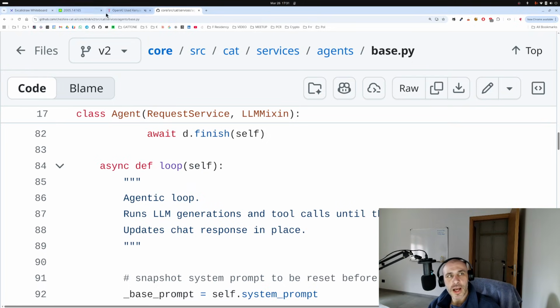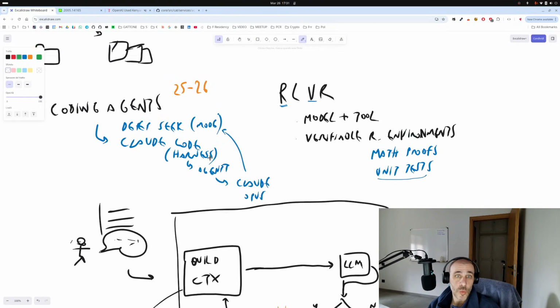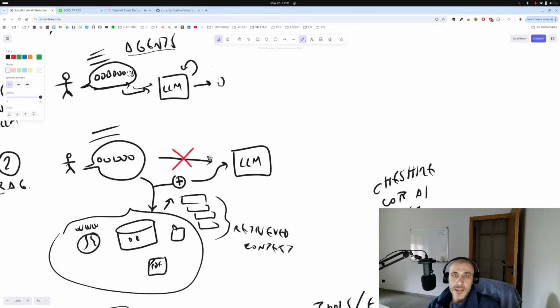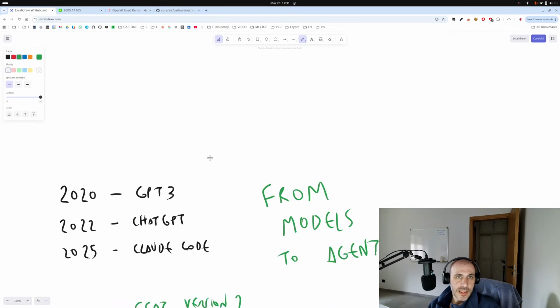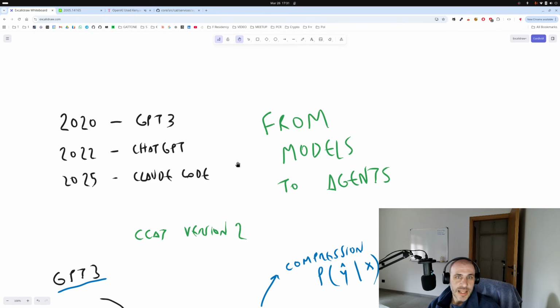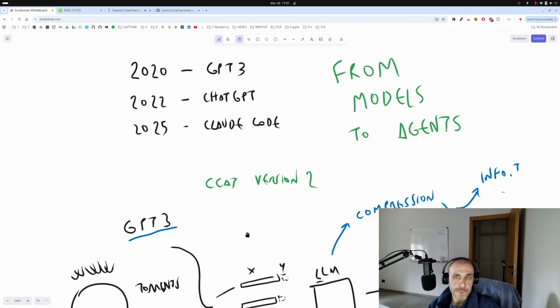And in version 2, this is going to get stable in a few weeks. It's already on GitHub if you want to take a look at the code and try it out. Yeah, I hope this is clear. Agentic Loop, this is the next few years. It's not anymore about the models. Wake up, people. It's not anymore about the models. It is about software around the models.